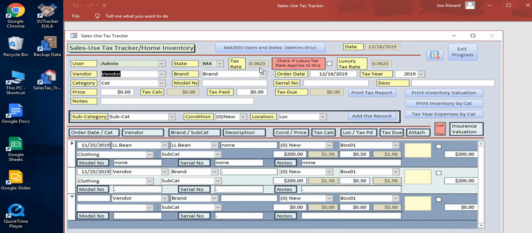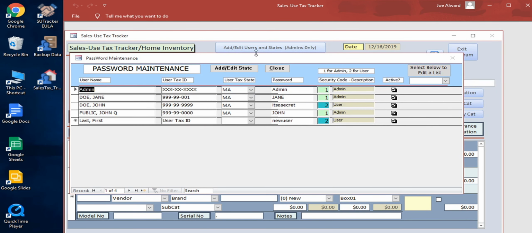And I want to point out that you can define as many administrators as you would like, or as few, but be sure that you always have one active administrator account and that you know the password, because if you don't, you won't be able to do any of this maintenance work that we're about to look at. But once you're logged in as an administrator, this button will be active, and you can click it to get to the next screen,